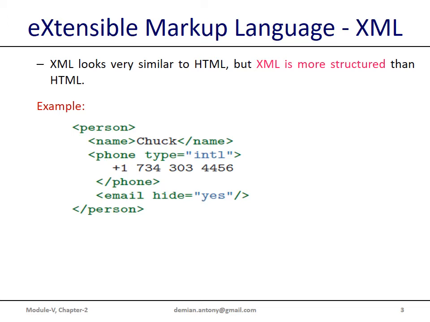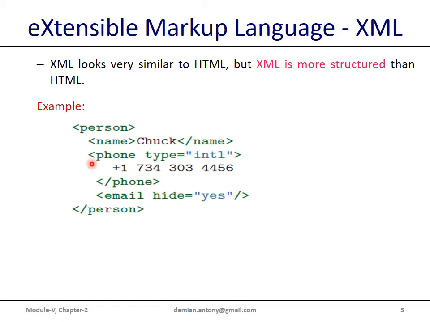An XML document always has one root element. Here it is a person. Person is the root element, and this is the closing of the root. Then we have a first child, that is name. Name is an element. The opening element and closing element together constitute a single XML element. So name is the first child with the text,